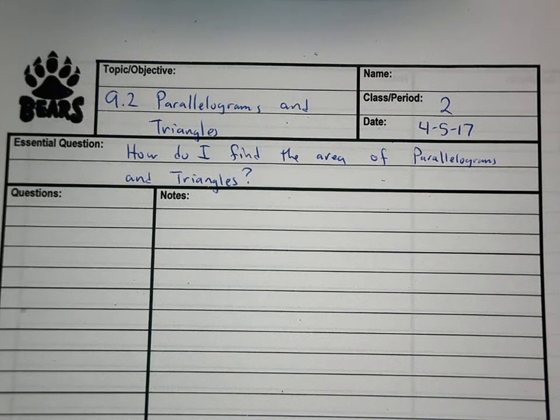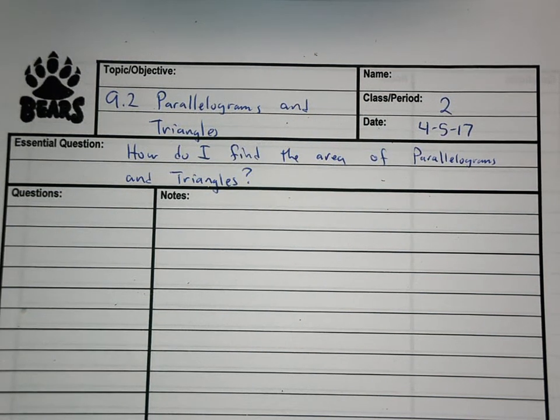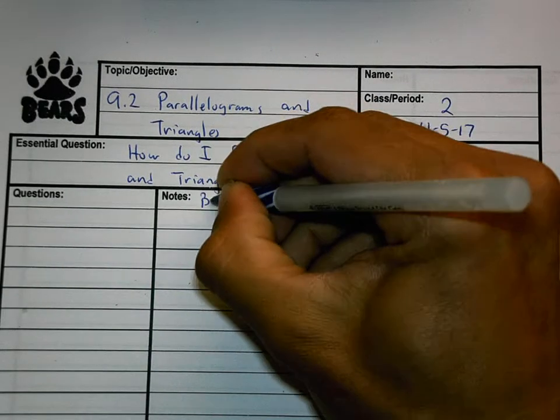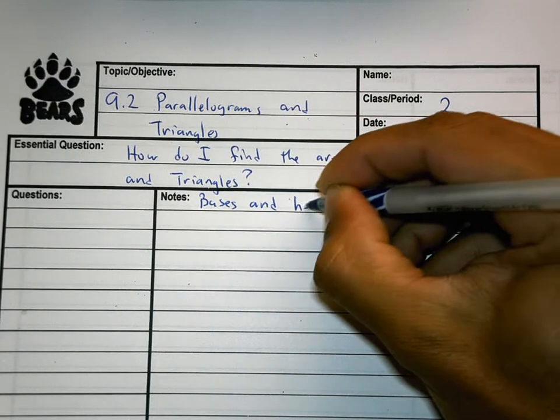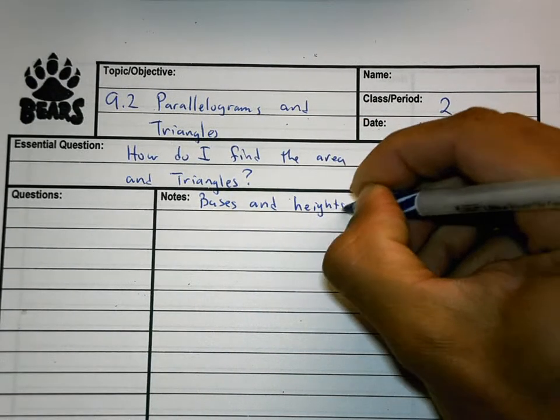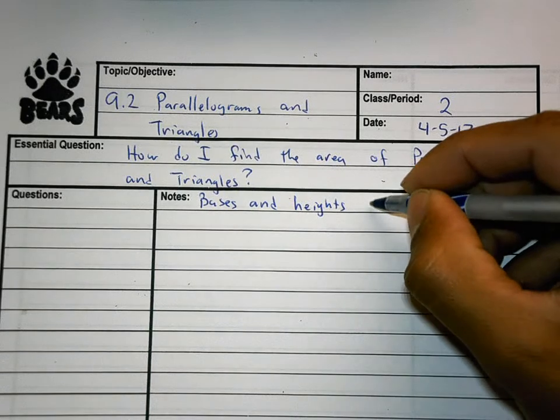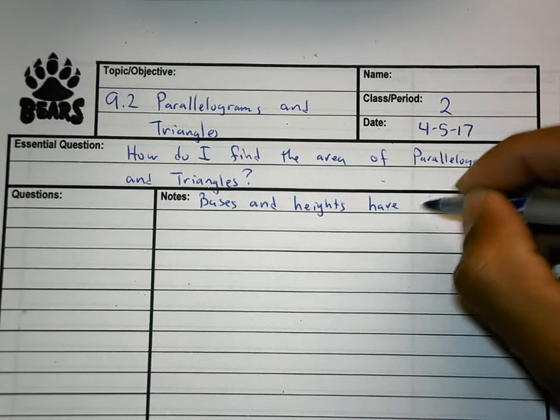We're going to start 9.2 notes, which is on parallelograms and triangles. There's a few things I need to explain to you about heights and bases. Bases and heights have to be